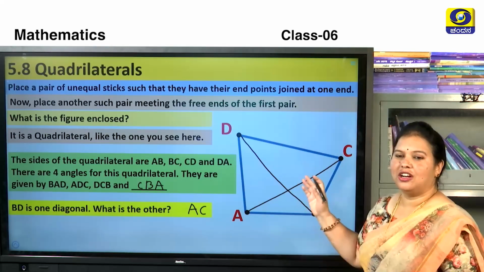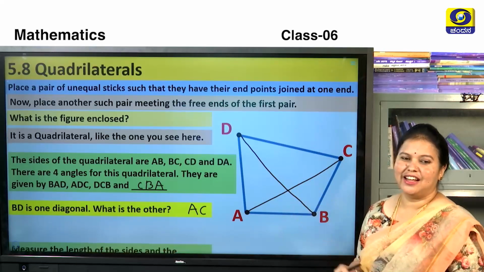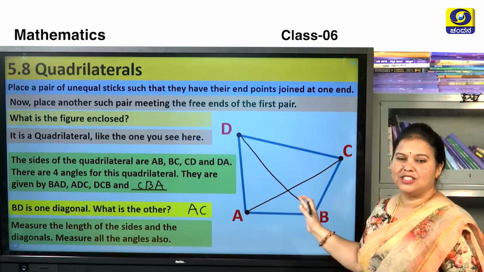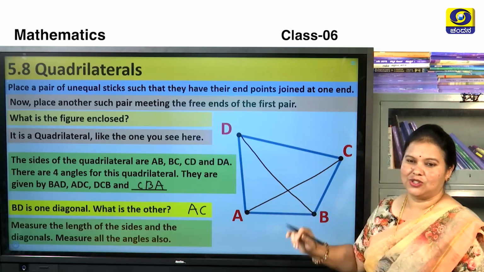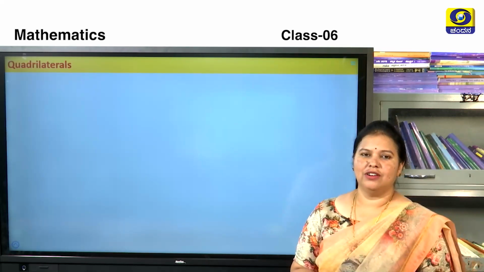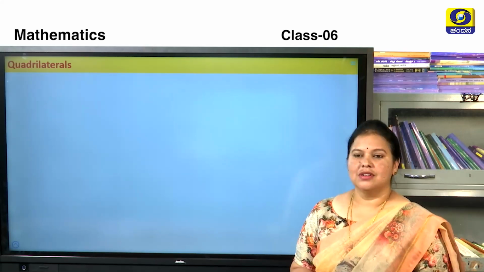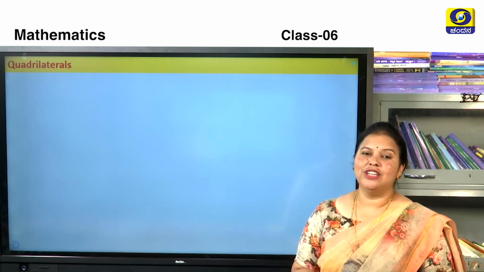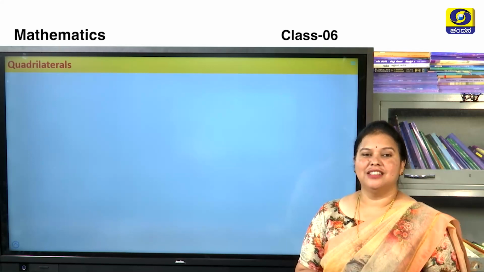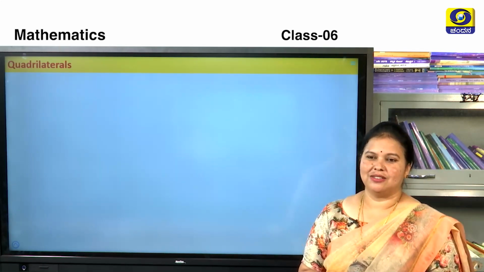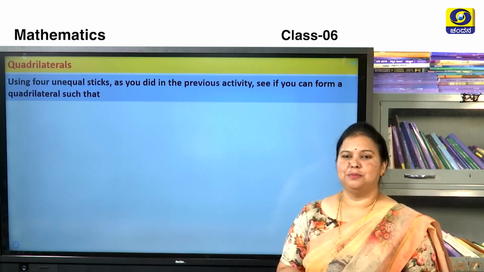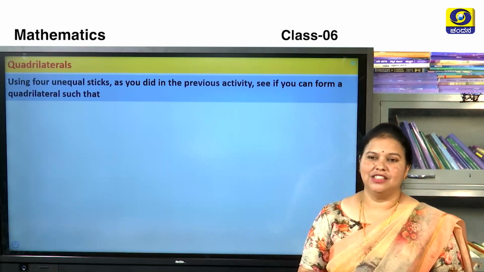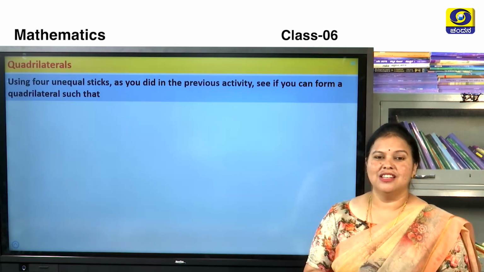You also draw a quadrilateral like this and measure the length of the sides and the diagonals. Measure all the angles also. Okay. Now, we have learnt what quadrilaterals are. Here are some statements through which we can understand the characteristics of quadrilaterals. Using four unequal sticks, as you did in the previous activity, see if you can form a quadrilateral such that,